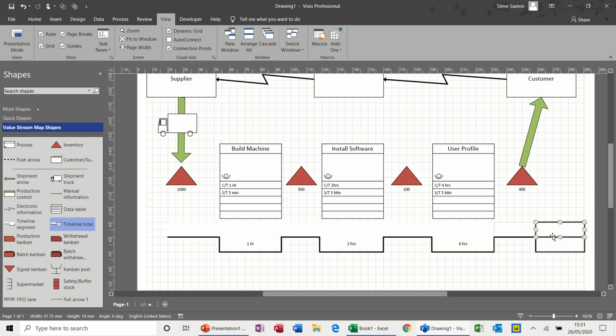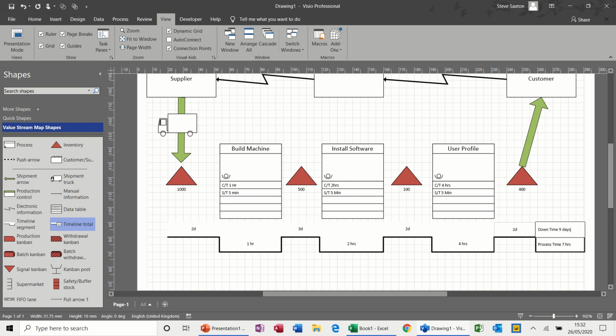So you add up the dead time and add up the process time. So the process time we've already done, so that's 1 hour, 2 hours, 4 hours altogether. So process time is 7 hours. Downtime, let's say this stuff sits in the factory for 2 days. It sits at that process for 3 days, and it sits at this process for 2 days, and it sits there ready to ship for 2 days. So altogether you've got 2, 5, 7, 9 days downtime,